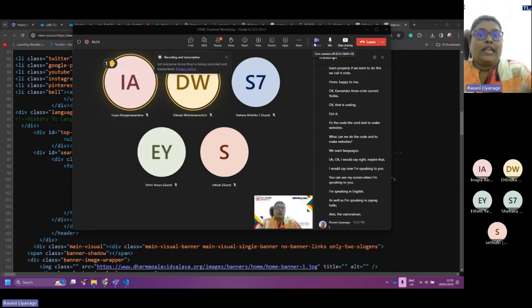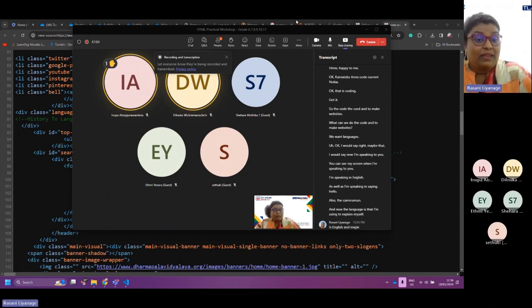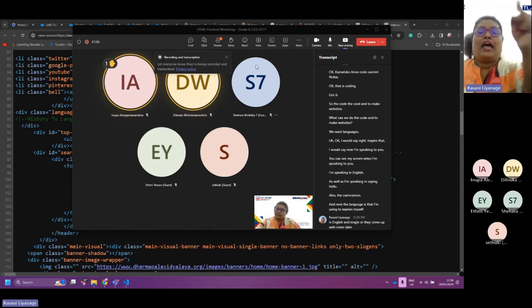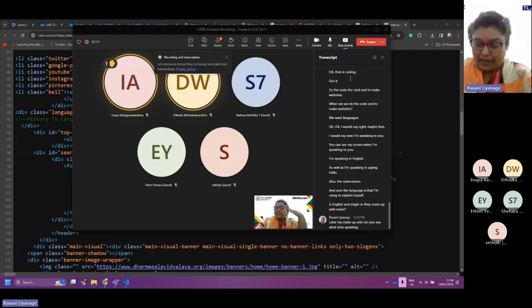Now, the languages that I'm using to explain myself are English and Sinhala. Mixed, and you can see what I'm speaking is being detected.